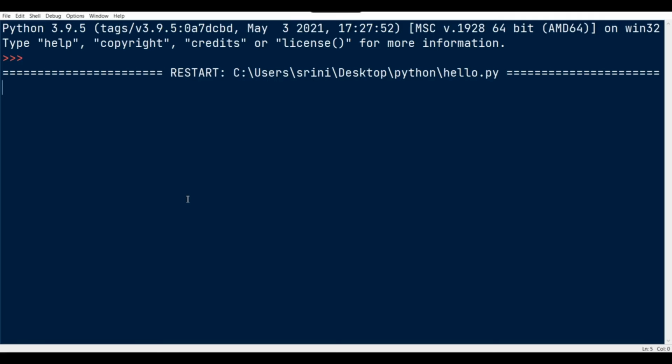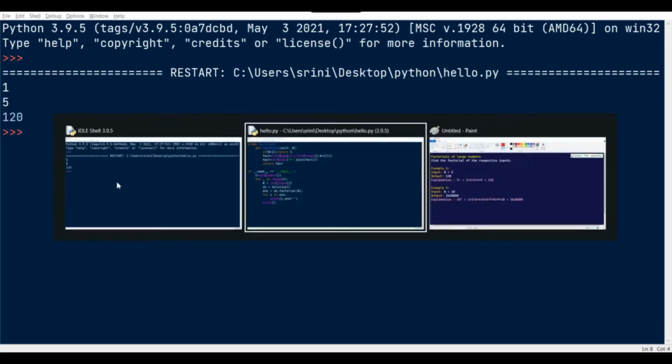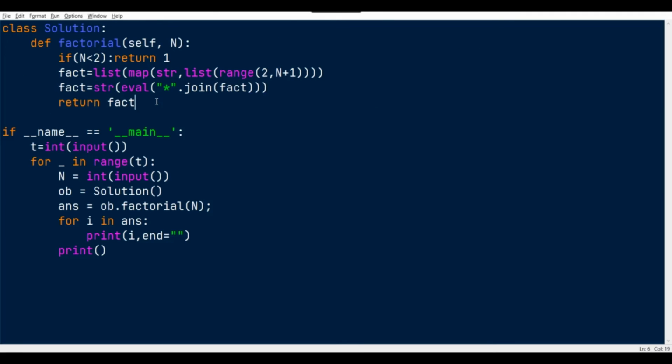So if I save and run this, I'm just entering the number of test cases. For the sake of simplicity, I'm going to use 1 and my value is 5. So now we got 120. The reason why we are going for this method is just to simplify the solution and reduce the number of lines we are using. Why do we need to create a bunch of lines when we can go for a one-liner?